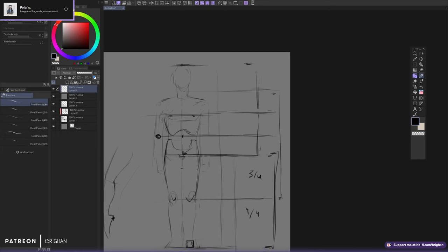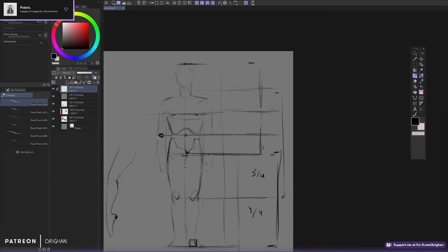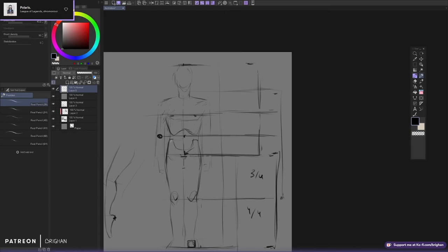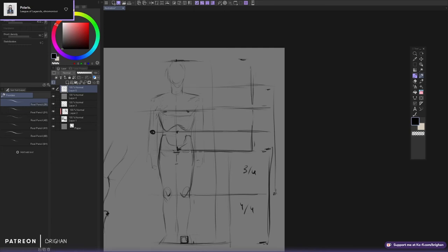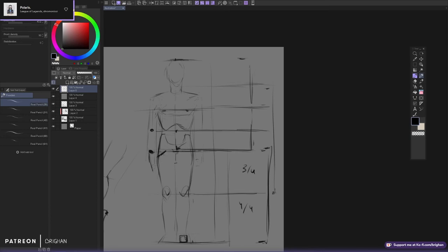So you can measure this up: belly button, elbow, and these two bones. And the wrist tends to be also aligned with the pelvic bone. If you want to, you can also think of trouser pockets, because they tend to be at this height too, because the hand is hanging at both sides of